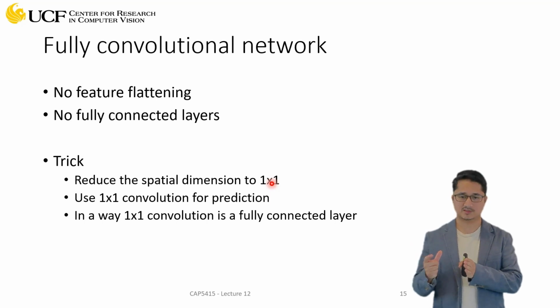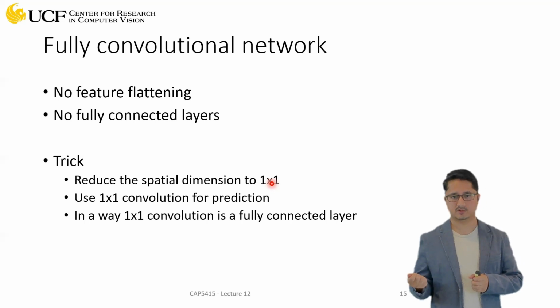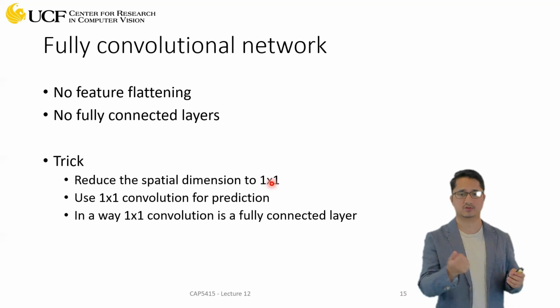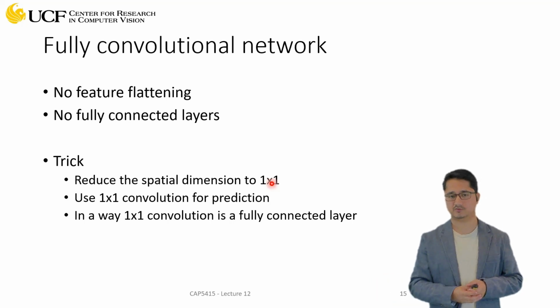Keep reducing the spatial extent. Okay, keep reducing and reduce until you reach 1 cross 1. Eventually you will reach there, right? If you keep doing convolution and max pooling, at the end, it will be just 1 cross 1. Now, once you have 1 cross 1,